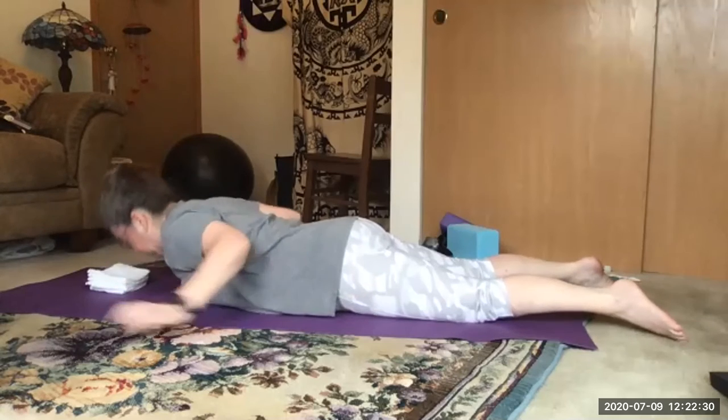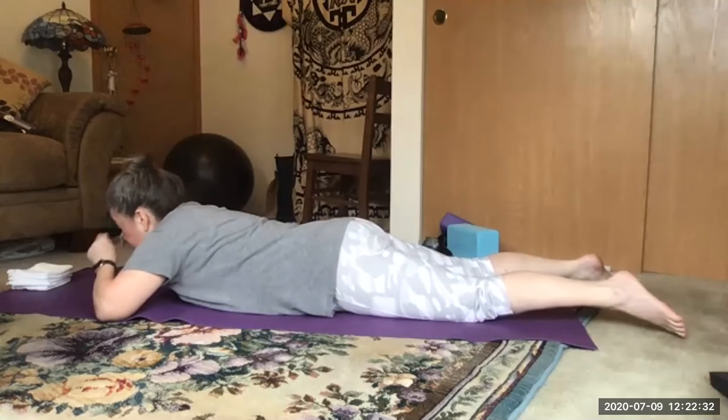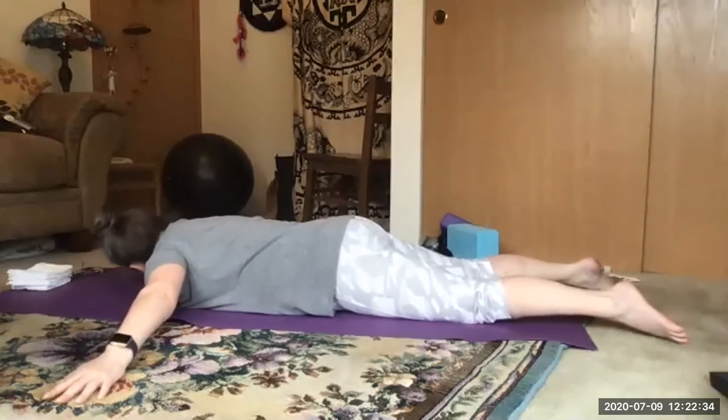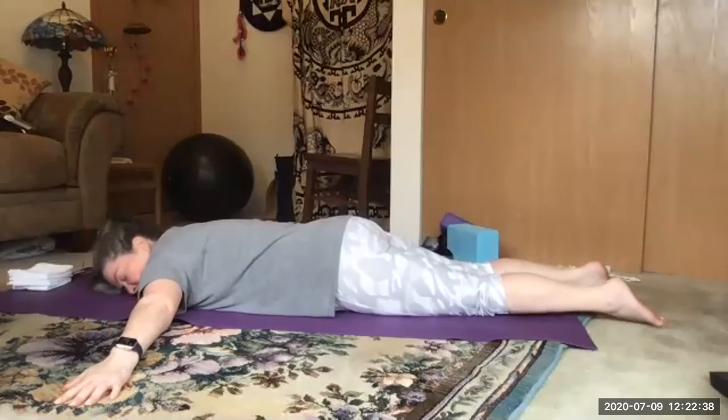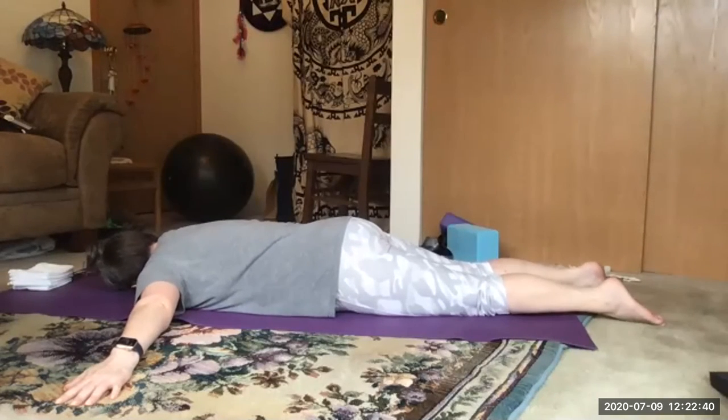Let's do the prone thoracic stretch, which I usually always do here. It's such a nice combination of events. Look to the right. Your arms are spread in airplane, actually. Keep your arms and your armpits on the floor. Look to the right, lift your right leg,